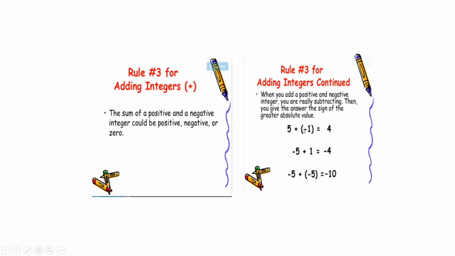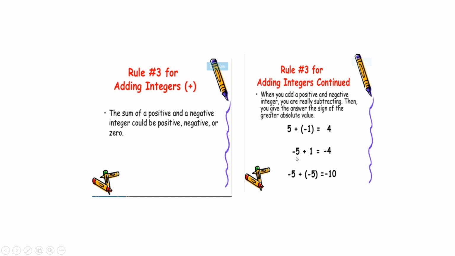5 plus -1. Here 5 is a positive integer and 1 is a negative integer. We are adding a positive and a negative integer. When we are adding a positive and negative integer, we have to subtract. So 5 minus 1 is 4. And here the bigger number is 5. It has a plus sign. So for the answer also we will get a plus sign. So the answer is +4. Let us see another example.